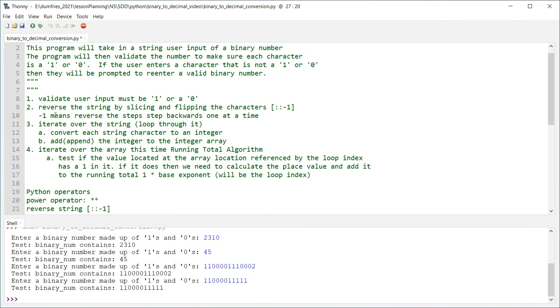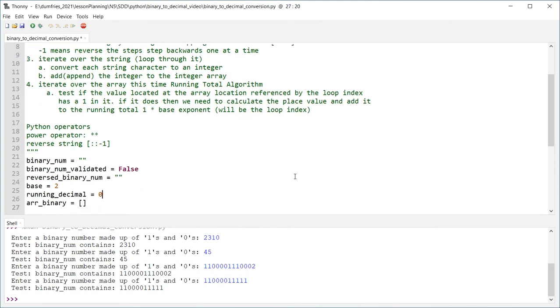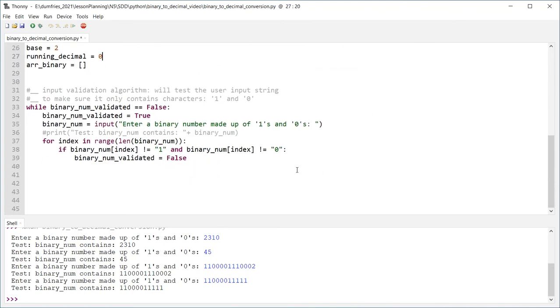Next thing we're doing is reversing the string, slicing and flipping using this special Python syntax. So we'll come down here and we'll put a comment in to say reverse string of binary number